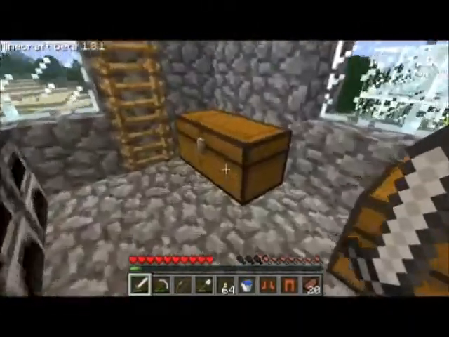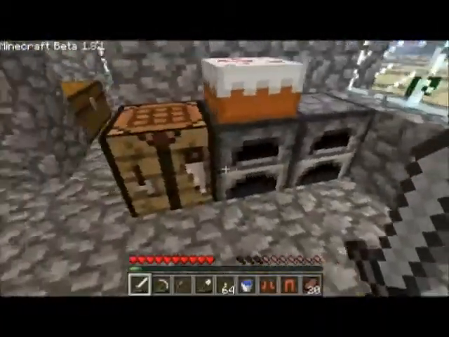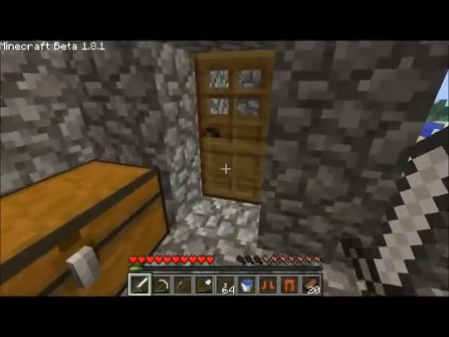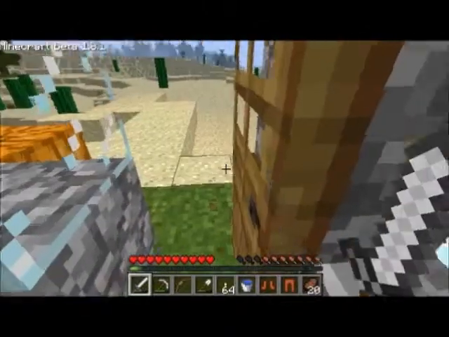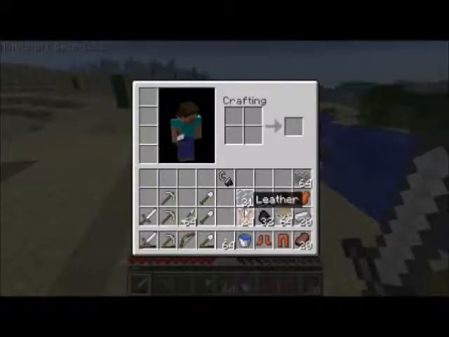For making the flint and steel, you'll need 1 piece of flint and 1 iron ingot. You will place them in this order here and pull out your flint and steel. So I'll go outside and show you how to use this. Again, I don't really recommend taking this over the arrow, but if you have no choice, it will work out okay. So to use the flint and steel,